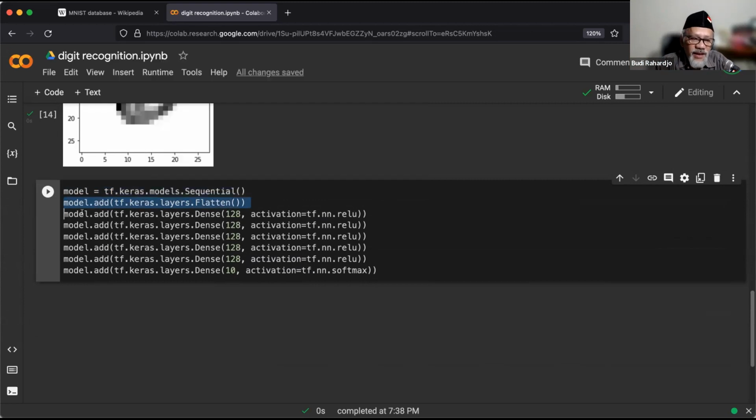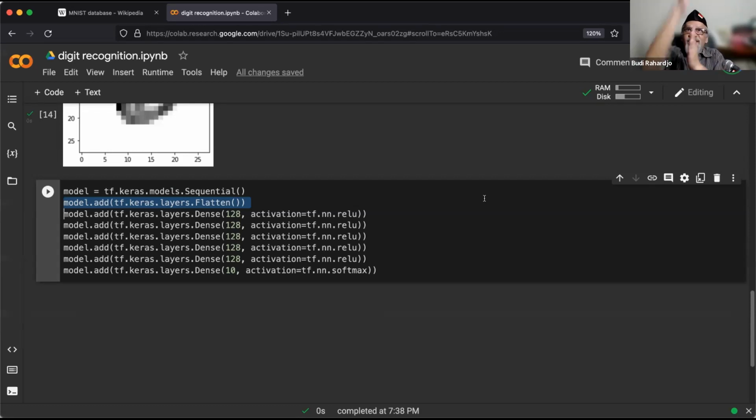Okay, the first layer: I'm going to add into the model tensorflow.keras.layers.Flatten. Now, what do you mean by flatten? Remember, we're going to input 28 by 28 pixel images, right? Kan ya? Nah, gimana kita memasukkan? How do we enter 28 by 28 images? What we are going to do is flatten.